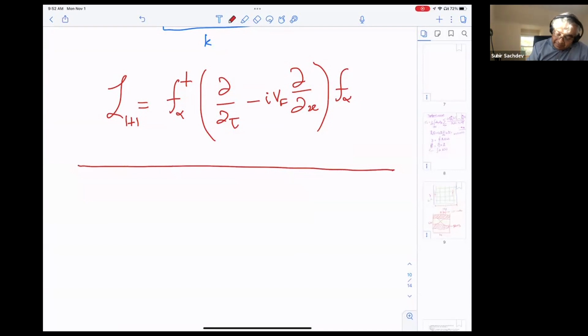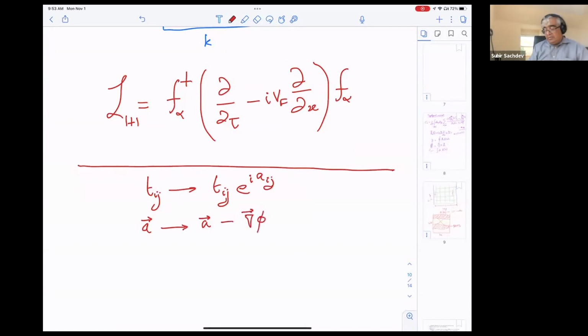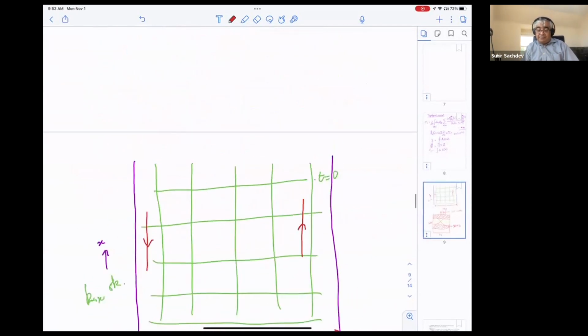So the gauge fluctuations I recall were T_ij goes to T_ij e to the i A_ij. And in the continuum limit, this gives you a vector field A, which transforms as A minus the gradient of phi,